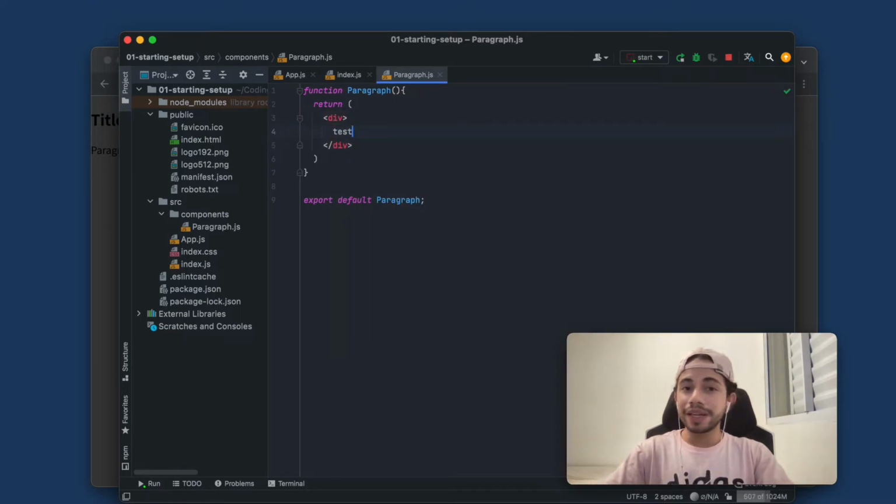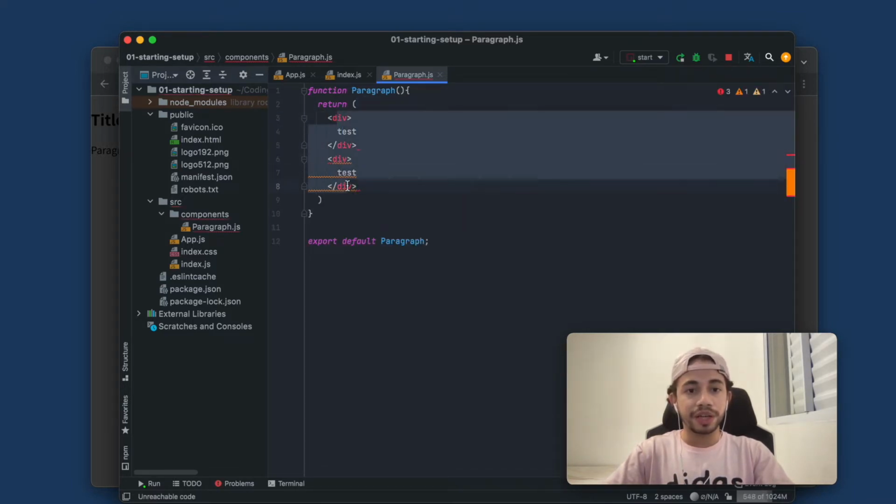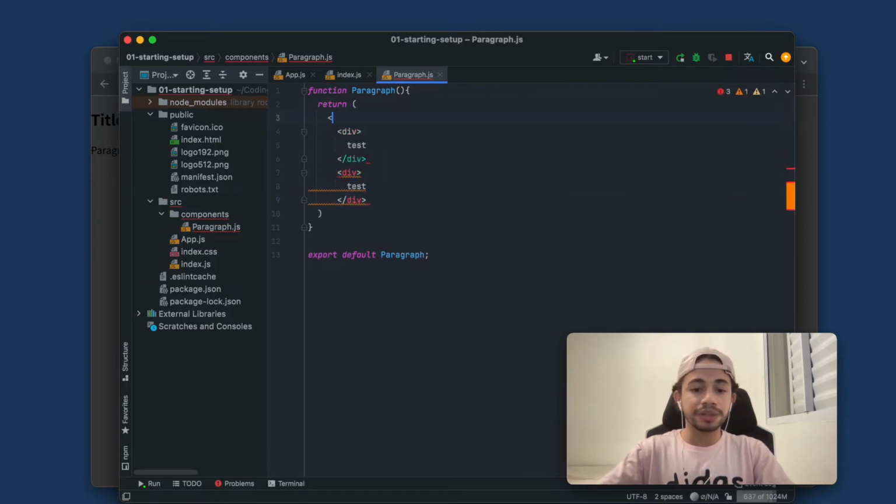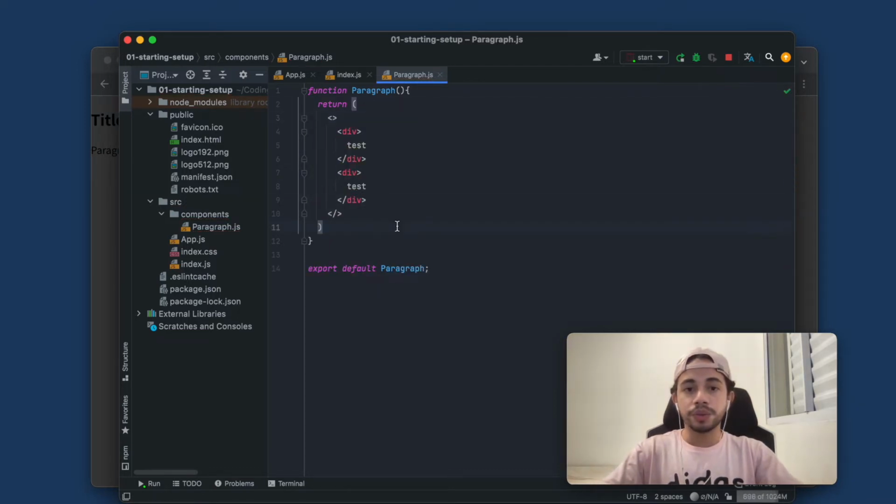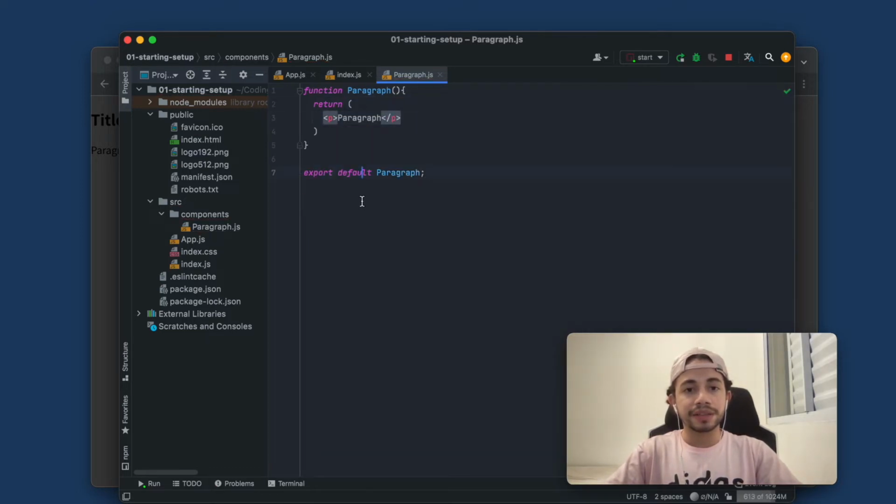If it's really necessary that you have two divs like this, one alternative that you can implement in your code is doing something like this. It works normally, but keep in mind that we are using a root element that is holding everything inside of it, so it must have just one root element outside returning. Let's now go back and leave this like this, and talk a little bit about CSS, about